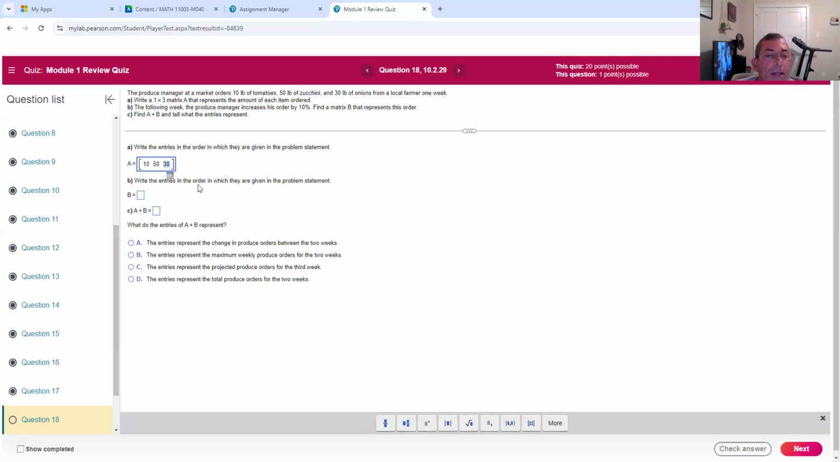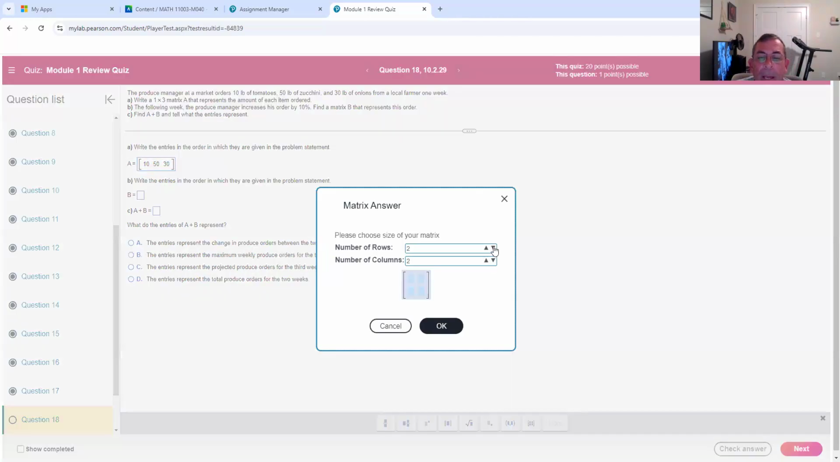Now it says, write the entries for B, and up here it says, we want to represent matrix B as this order increased by 10%. So I'm going to go to B. It's going to be the same size. So I'm going to go to the matrix. I'm going to make that a